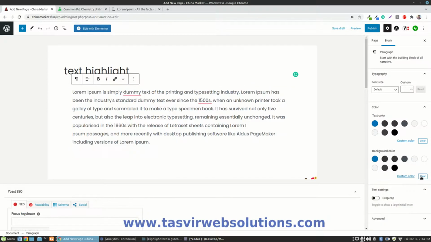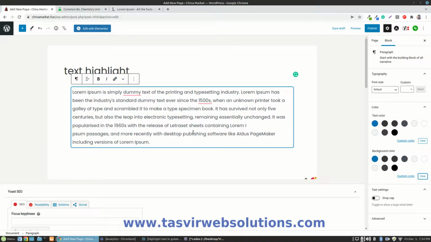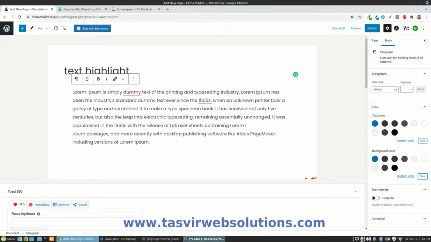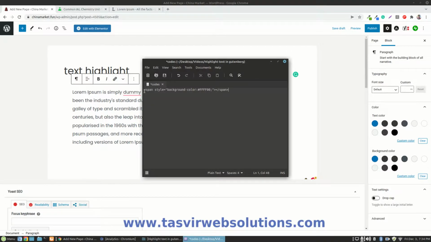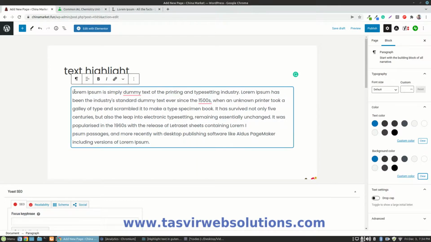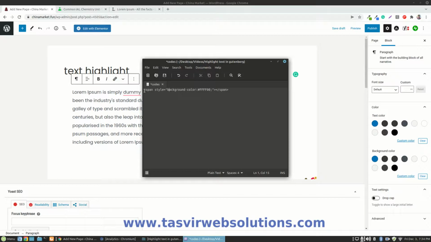So let me just clear this. To highlight the text, I'm going to use a simple one line HTML code over here. I have it right over here. Suppose I want to highlight from Lorem to typesetting industry, up to here. Firstly, let me copy this part of the code, and by the way, I'm going to provide the code down in the description below, so you can easily copy and paste it for your convenience. Okay, so let me just copy this part, span up to here, copy,